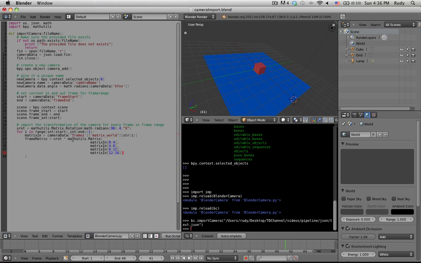I'm going to do this, and look at that. So there we have created our new matrix by extracting the data from what was in matrix in and multiplying that by xrot. So that is done, and now what we're going to do is we just have to apply this to the new camera. So we do new camera dot matrix world, and this is how you access the matrix world in Blender. Frame matrix,